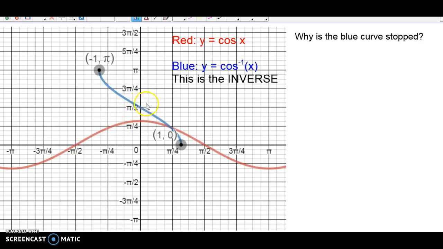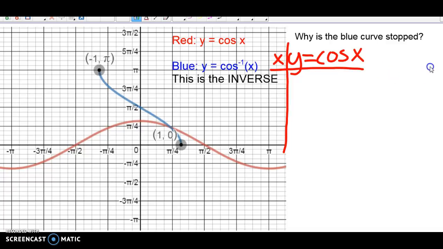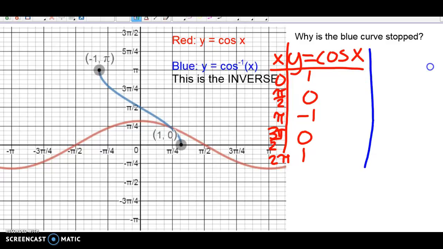So let's stop and look at the table of values for cosine. If I were to do this, the 5 points that I would use in my normal graph would be 0, pi over 2, pi, 3 pi over 2, and 2 pi. And so the cosine of 0 is 1, 0, negative 1, 0, 1 again. So if I were to figure out the inverse,